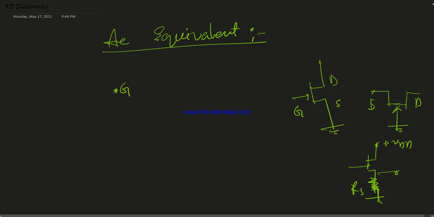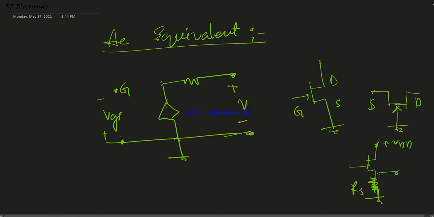So what is the equivalent model of this? Here we have the gate terminal, and this is the ground terminal. In the gate the input impedance is infinity, so here we apply voltage, this is VGS, but there is no resistance. And one thing should be remembered: JFET is a voltage controlled device, so here we get the VDS voltage, here we get R0 resistance, the output impedance, and here mu into VGS. Why? Because this input voltage controls the output voltage and also the output current. Here the conducting current is equal to ID. So this is very, very important.